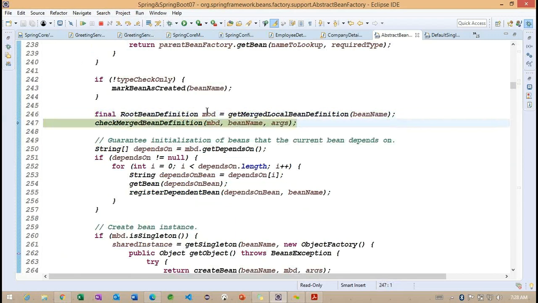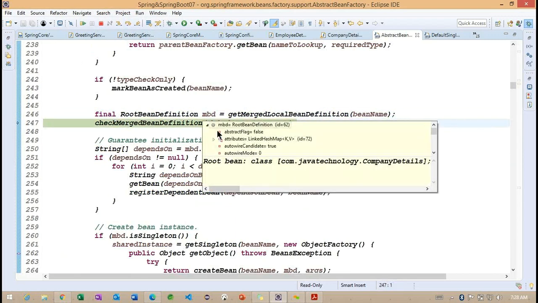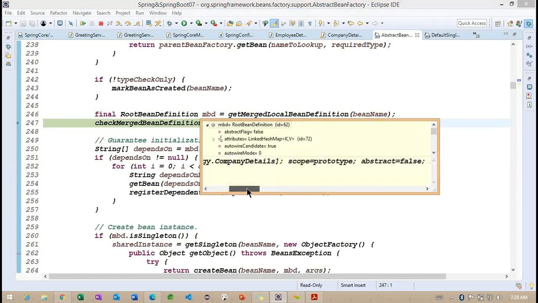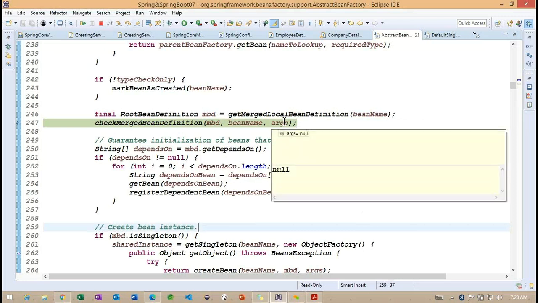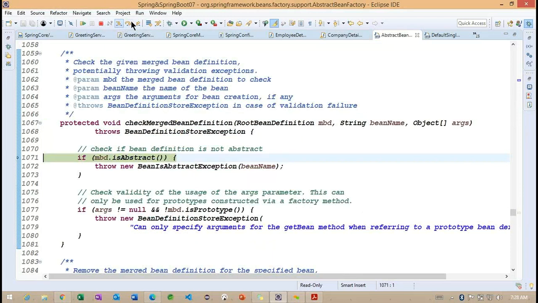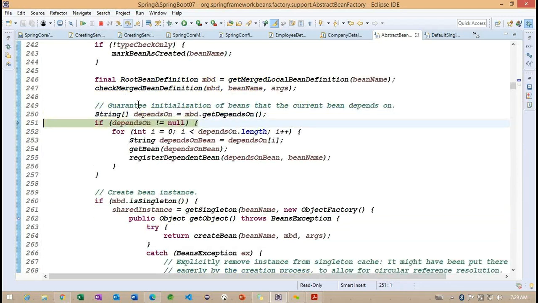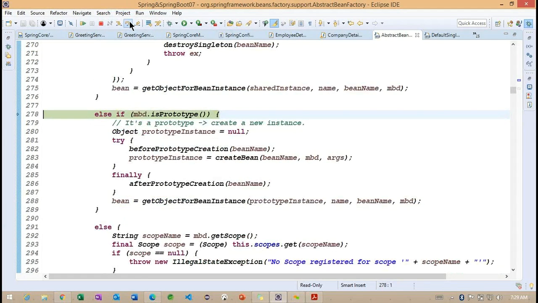Now get merged local bean definition. So company details, scope prototype, abstract false, lazy init, auto dependency, primary. Okay. So what are the args we are having? Null. So it's not a singleton.